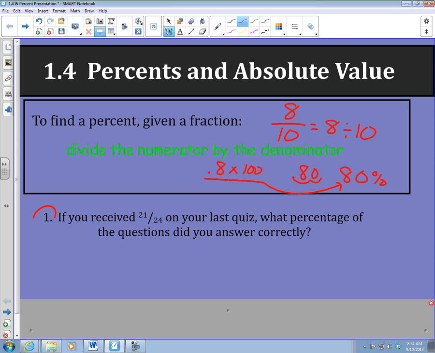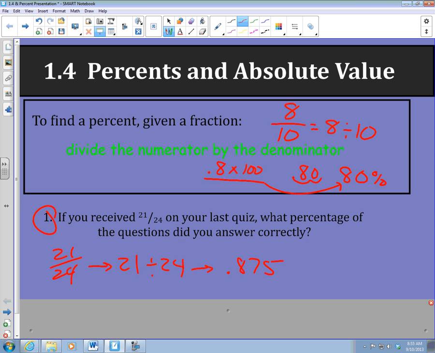So looking at number 1, if you received 21 of 24 on your last quiz, which is a pretty good score, what percentage of the questions did you answer correctly? Well, 21 over 24. I'm going to change this to a percent, but first I got to change it to a decimal. So on my calculator, I plug in 21 divided by 24. And you should get, what is it,